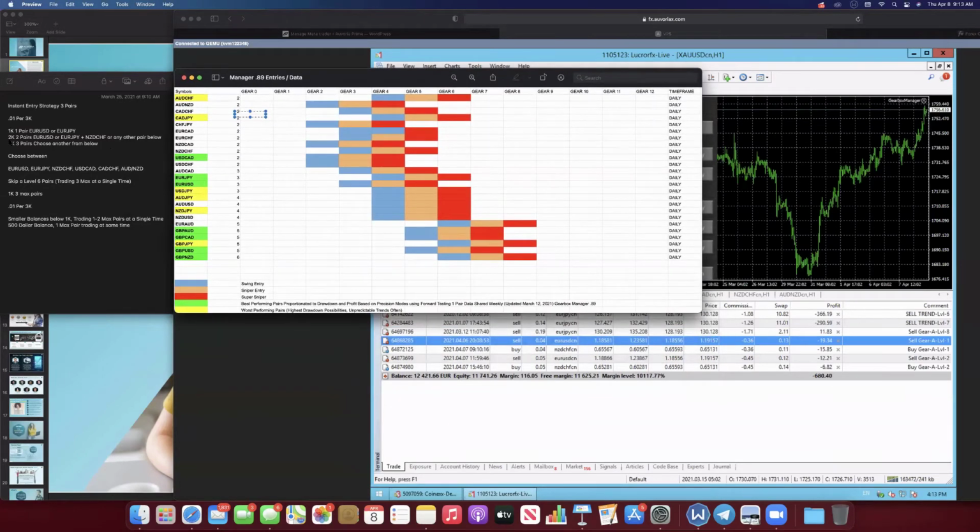If you're using instant entry strategy, you're only using one pair for 1,000, two for 2,000, three for 3,000. Skip a level with 1,000, you can scan all of them and trade 3. Still riskier. I would probably still limit them, but kind of up to you. But definitely with instant entry, always limit.